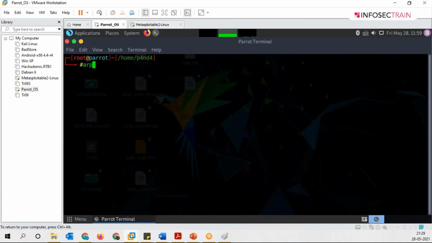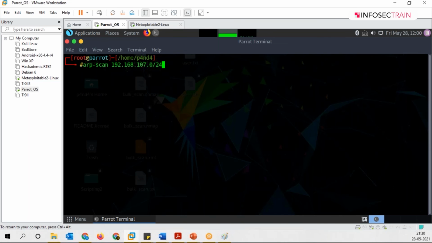Have you guys heard about arp-scan? It maps IP to the MAC address, and if you are trying to use it in an internal network, guys, it will show you a list of all the IPs which are in your system architecture or in that range. Correct? So I mention the IP, and I will give the whole range here, .0/24. So it will be checking the whole range of 192.168.107. /24 determines the subnet mask, you can say the CIDR notation. It's like 255.255.255, talking about the class C one.